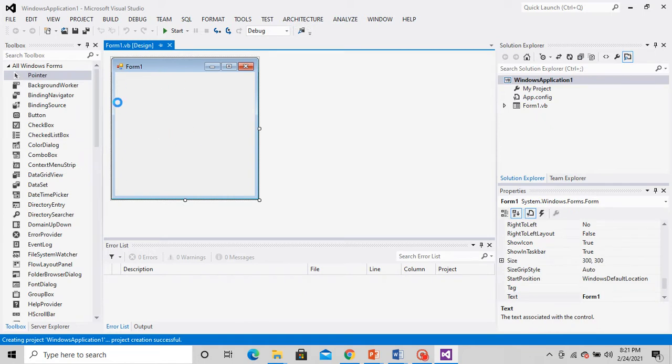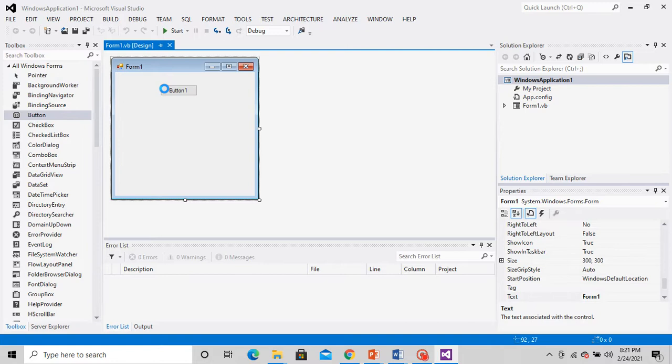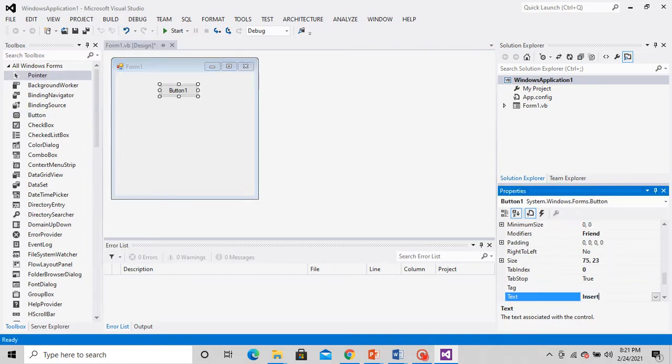So at first in form 1, see students, I'm keeping it very simple. Let me explain you everything. After that, if you want, you can even change it according to your own wish. So I'm keeping a button. Here I am keeping the button as insert.